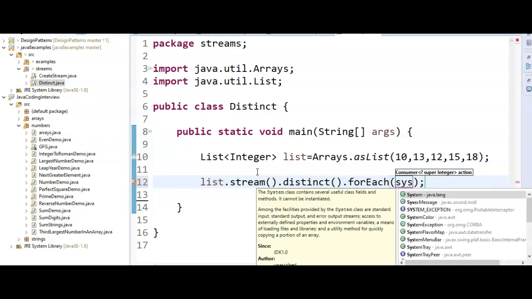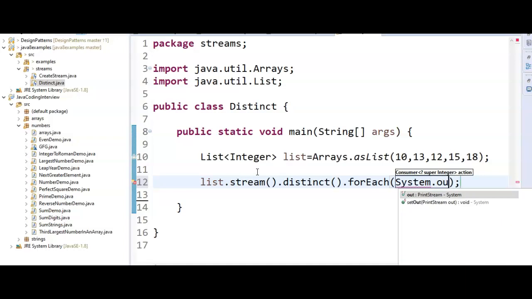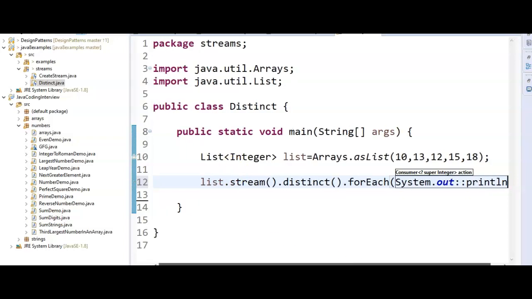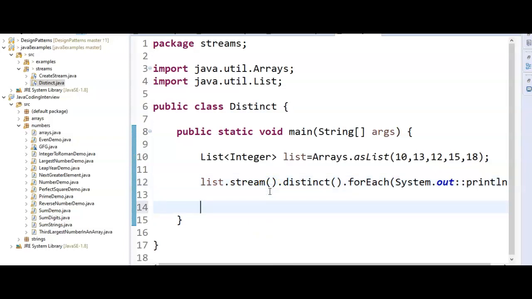So just say System.out and then use the method reference to call the println method. So finally print the elements in the list. So how are we printing? By using this.